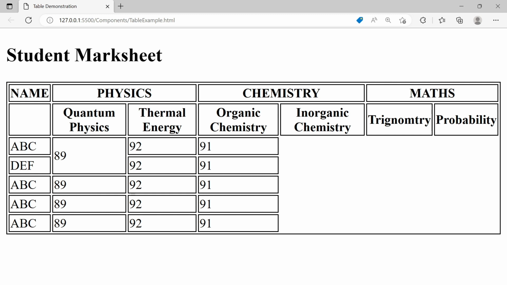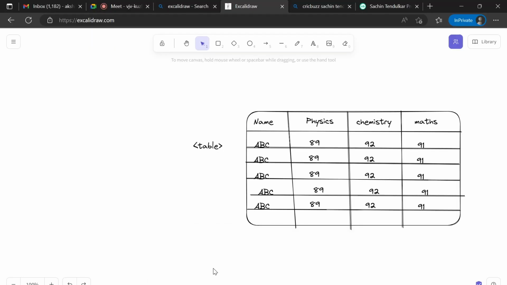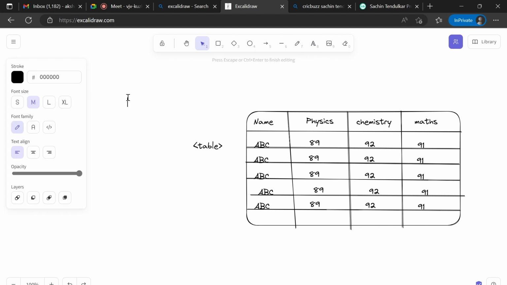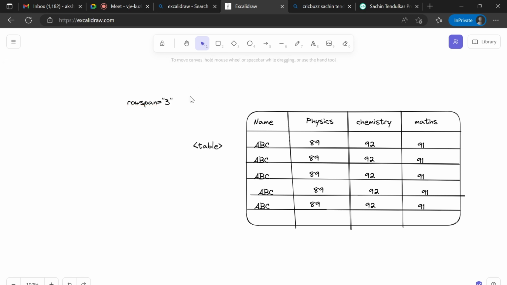What we are telling HTML when I put rowspan is something that sometimes confuses us, but the attribute itself is very understandable: span the row for 3 units. So when you apply rowspan equal to 3 to the first cell, which is taking only one row right now, it will span till the third row.